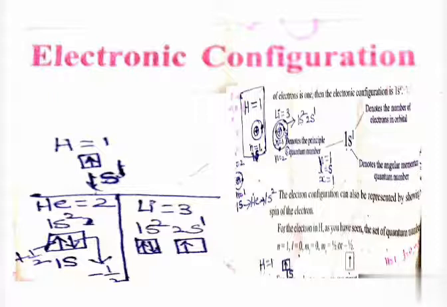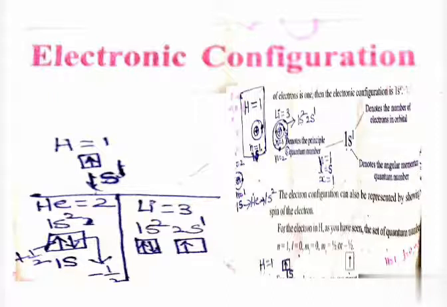In that hydrogen, N means principal quantum number. So what is that principal quantum number? N is equal to 1. Next, L means azimuthal quantum number, which means subshell. Which subshell is that? The s subshell. X means number of electrons. How many electrons are there? One electron is there, X is equal to 1. So substitute the same values: in the place of N write 1, in the place of L write S, in the place of X write 1. 1s1 is the electronic configuration.